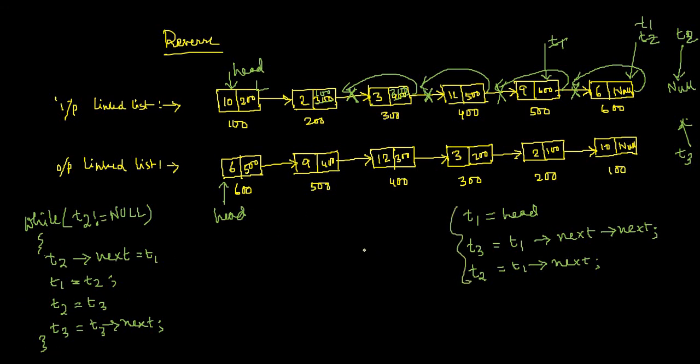So this is a part of initialization that is required, obviously. And this is the set of statements you must put in a loop that will basically reverse the thing. And then if you display the linked list, I hope it will work. I'm sure it will work.